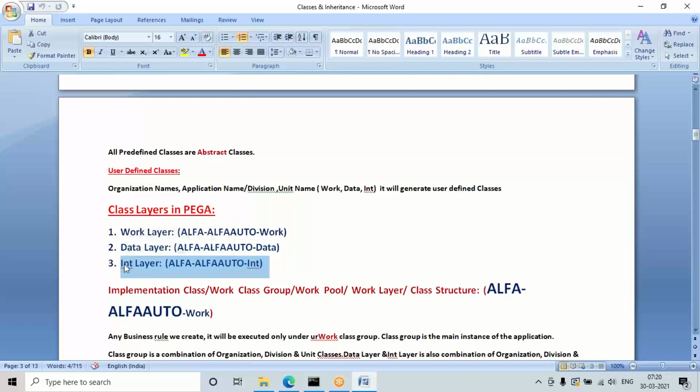Any integration connections, like web services, if you want to communicate with external applications, or external applications want to communicate with Pega, we have to define in the integration layer. So the parts are already divided, and which kind of work is created where is already decided. So it will be easy for the developer to create the rules in the application.